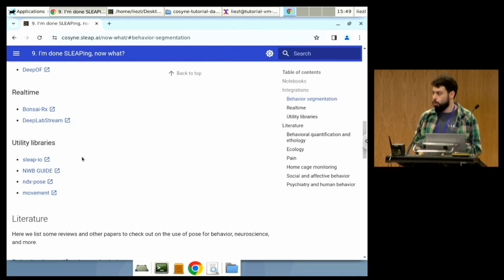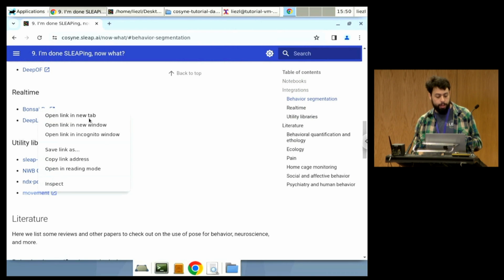But if you'd like your tool to use SLEAP in some way, if it just uses SLEAP data, we built a standalone library called sleap-io that allows you to load and write SLEAP files in our native format, as well as convert from other formats that store pose data. And it can be a really easy way to just allow your program to ingest the outputs from SLEAP. As well as Ndx-pose, or NWB, which is, again, another standard format,